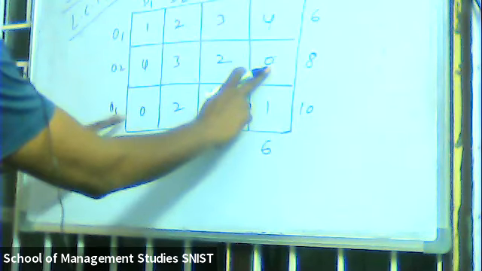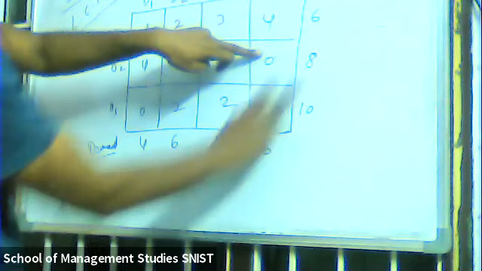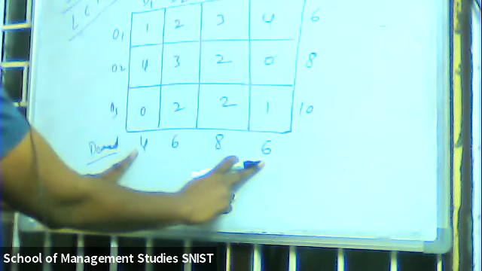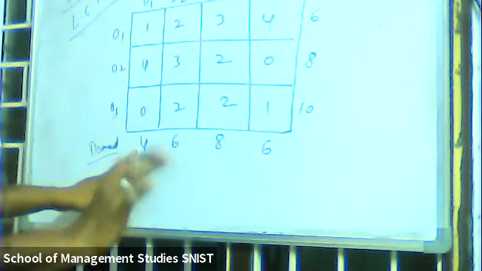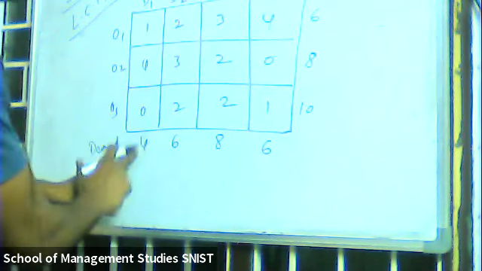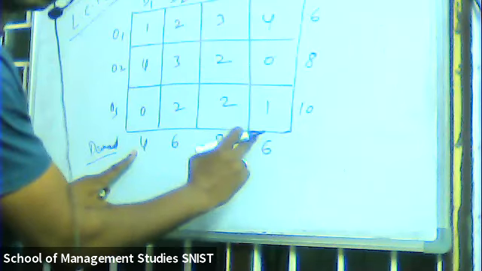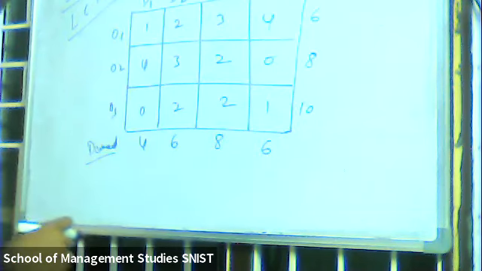Listen. See, minimum. x24 is 0, x31 is 0, right? So now, if you allocate here 6, 8, 6 is the minimum. But whereas when you are allocating here, 4 is a minimum. So irrespective of this, don't consider that because we need to check only the minimum value. That's it. So 4 is a minimum. Previous problem, the same value, which is 250 something, right? Is it 250? Yes, sir.